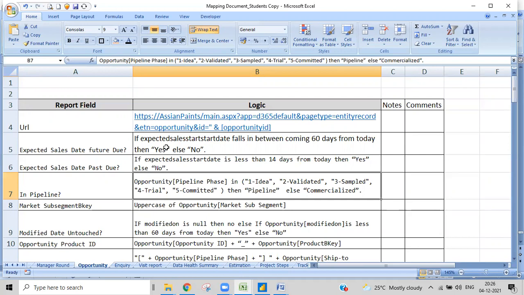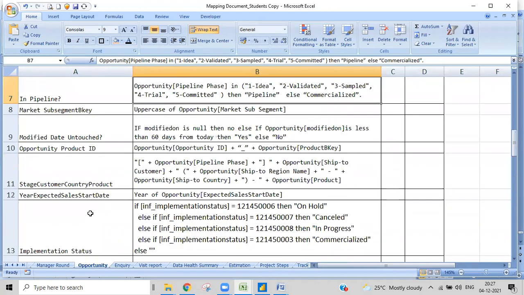I'll give you the document also, with all the answers. I'll give you a PDF document, and there you can see how we'll do this. So this is the logic, and they asked us to create some custom columns.